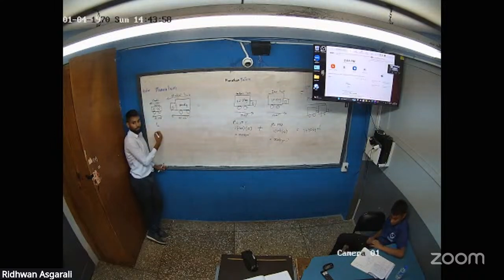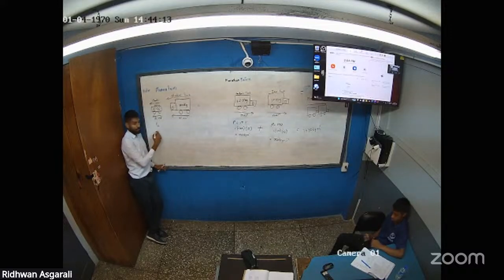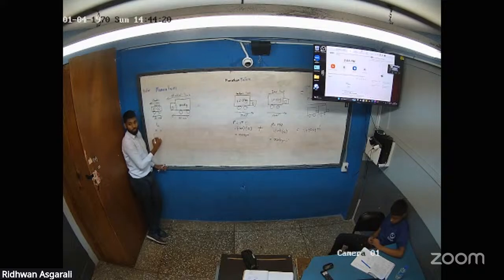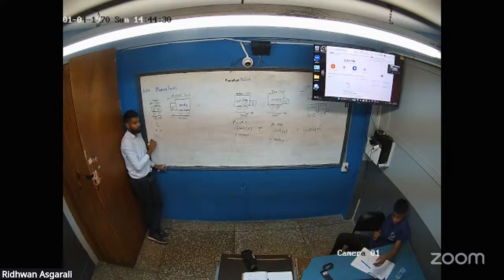P, which is momentum, is equal to mass times velocity. M is mass and V is velocity. The mass of Shakir is what? 25, good job. And what's the velocity of Shakir? 50. And if we want the total momentum,